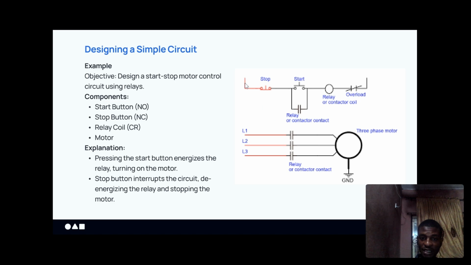The positive is entering from the top, while it's grounded by the negative. The circuit is completed by the negative at the other end. So the live tries to flow into the electric motor, but the contacts of the relay